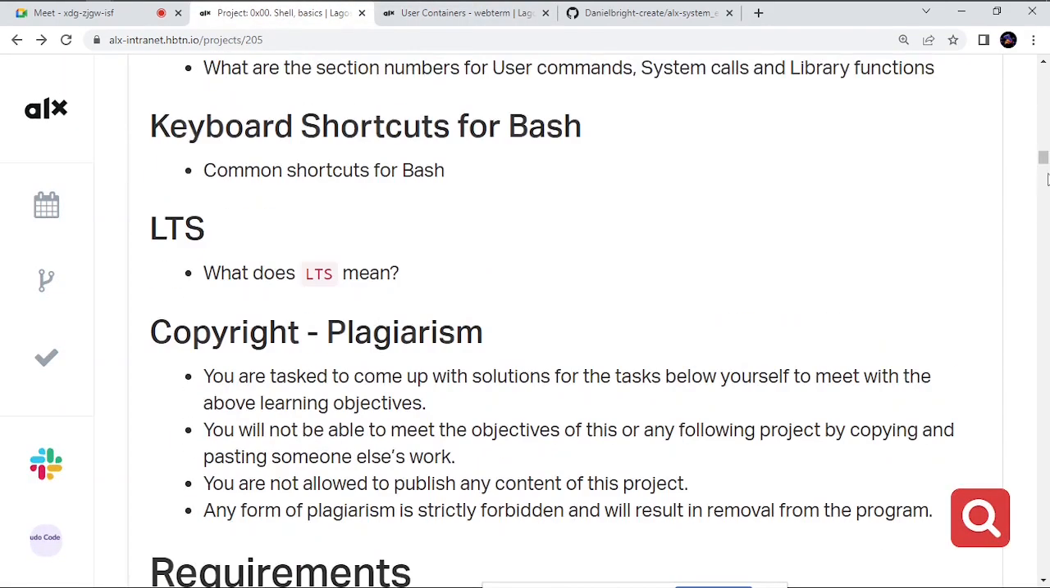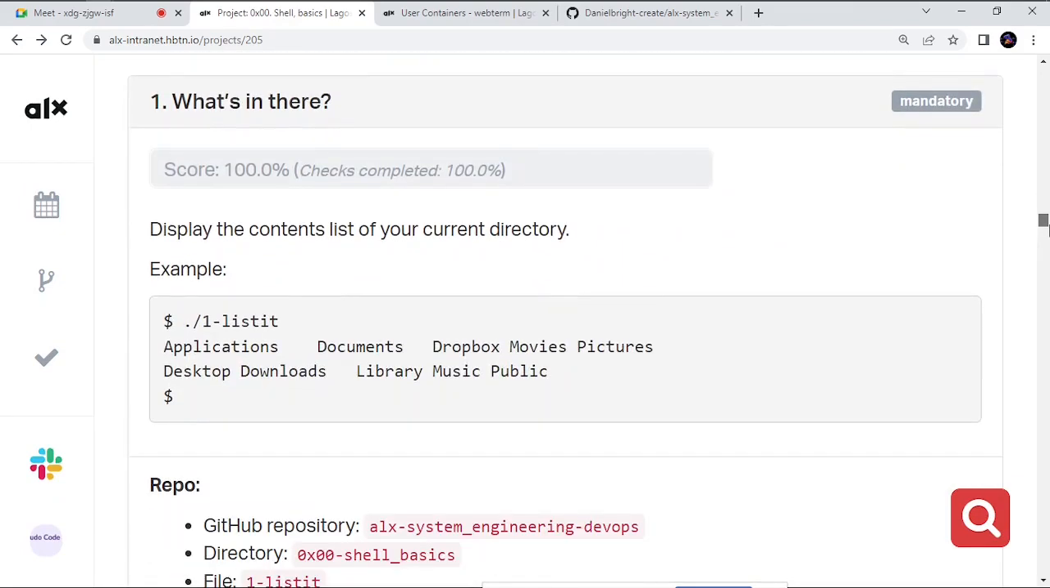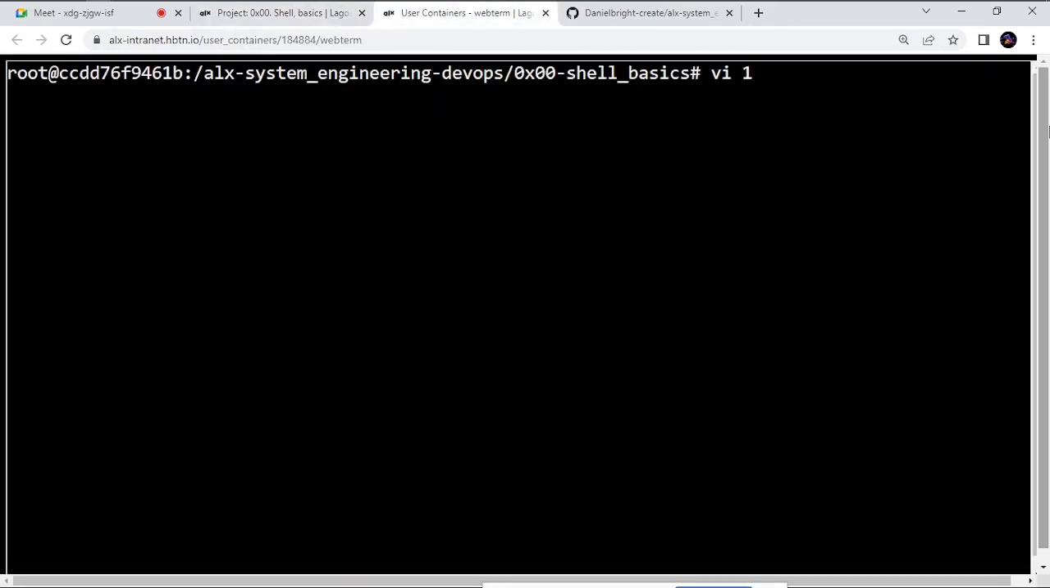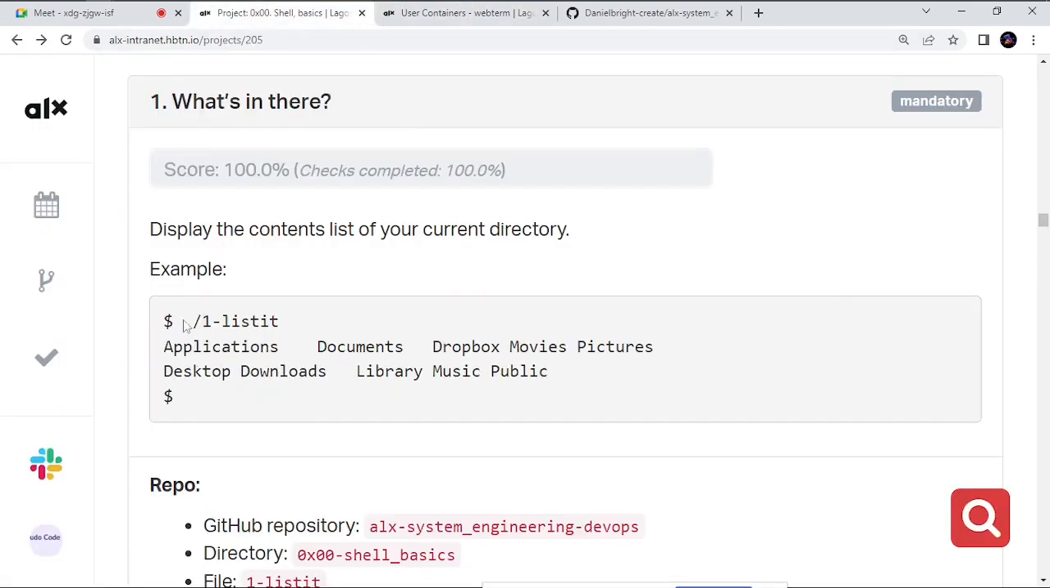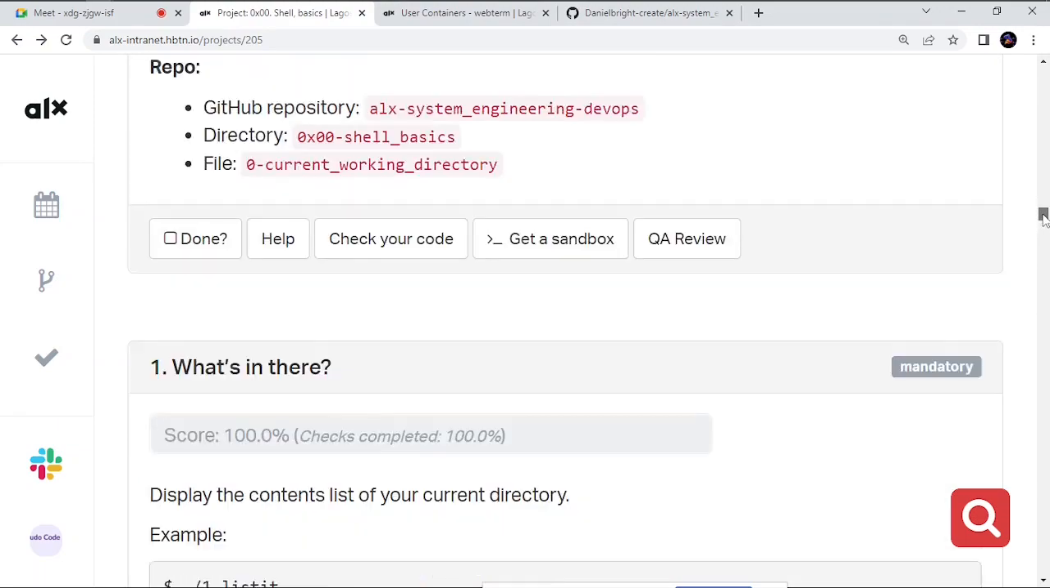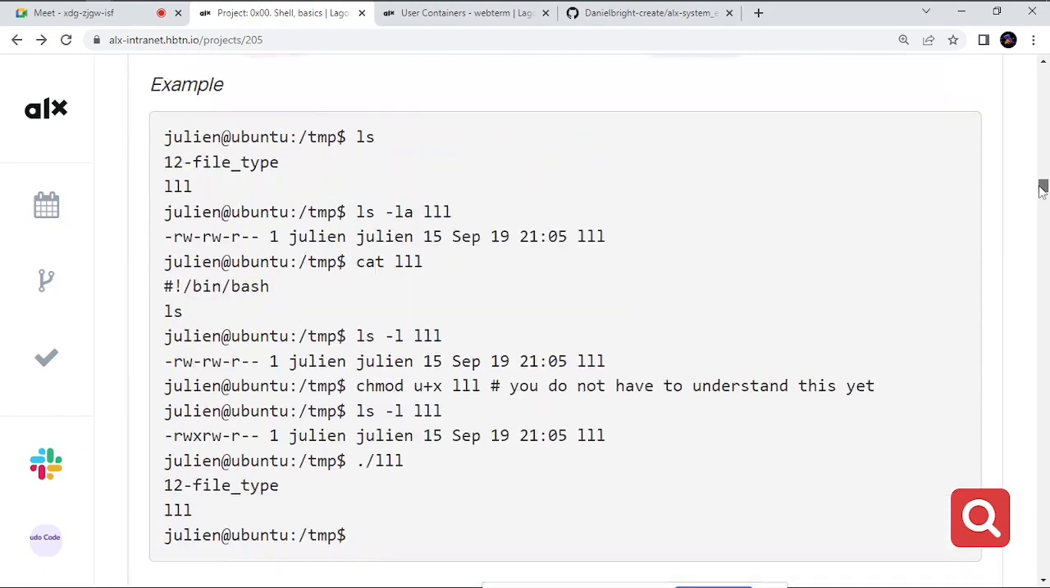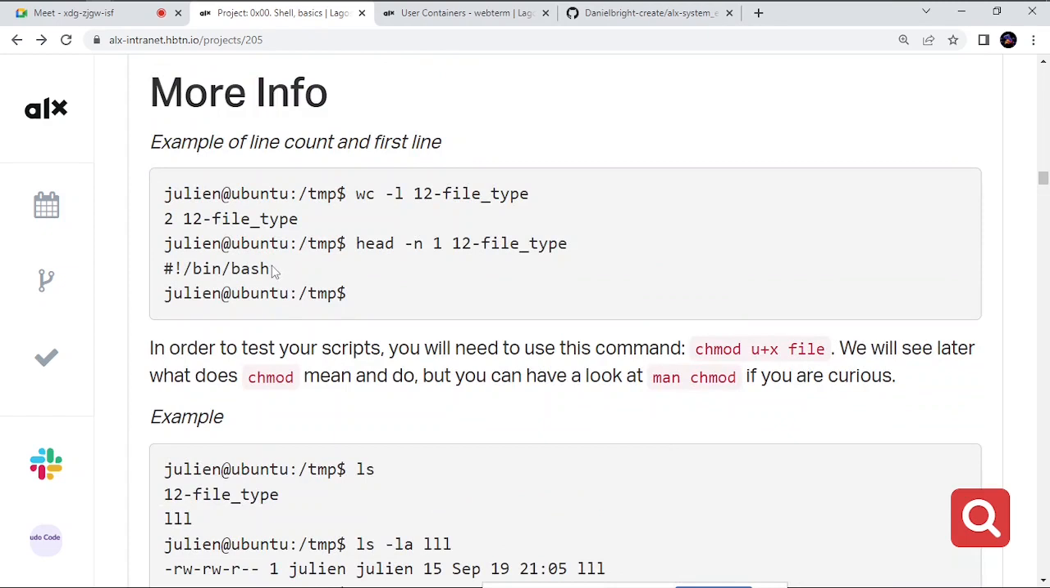So from here you can now do task 1. Task 1 says display the contents list of your directory. So what command would you use to list out things in your directory? That's what they're simply asking. The same way, I'll just do vi 1-list. Our first line is always the same. Remember that. Even if you don't know the answer, just remember that your first line is this. So you're going to copy it, and then